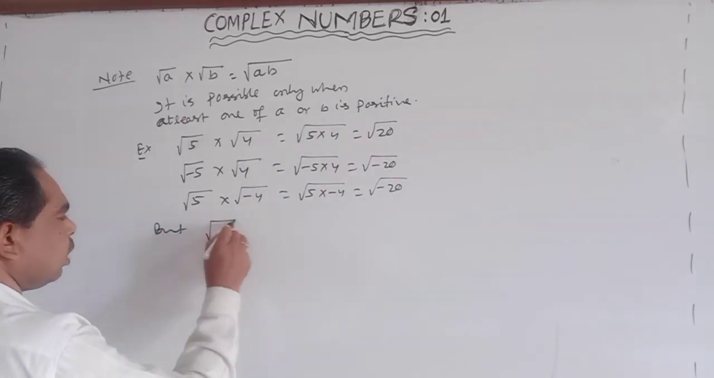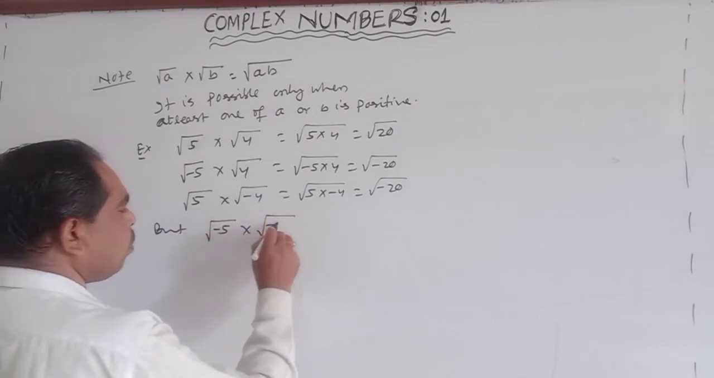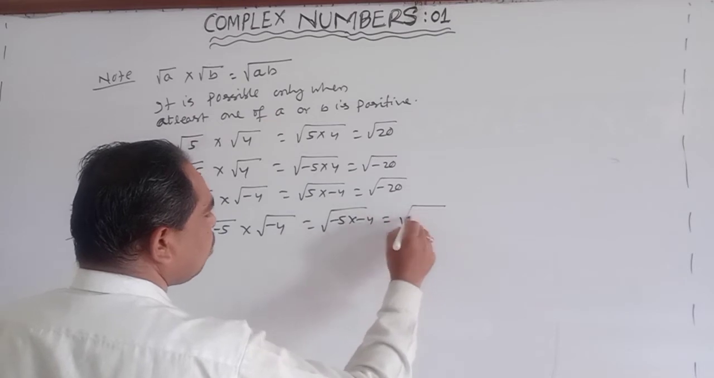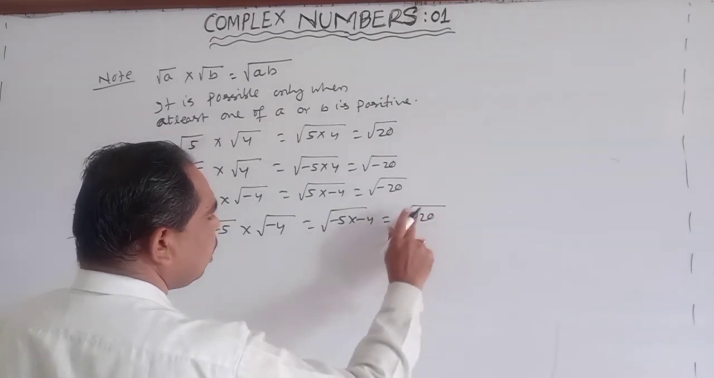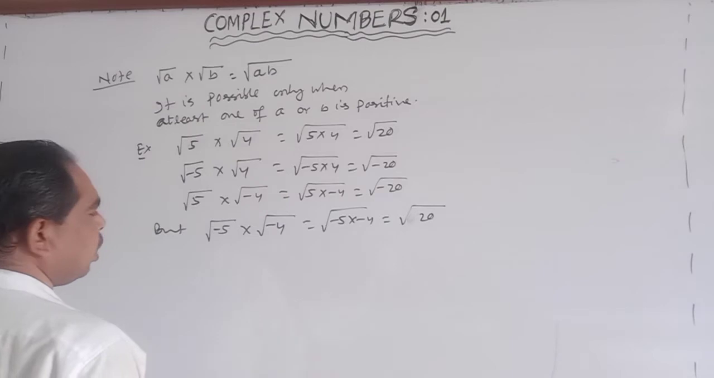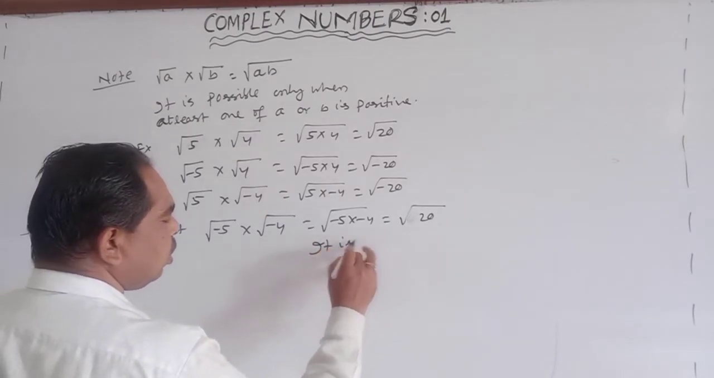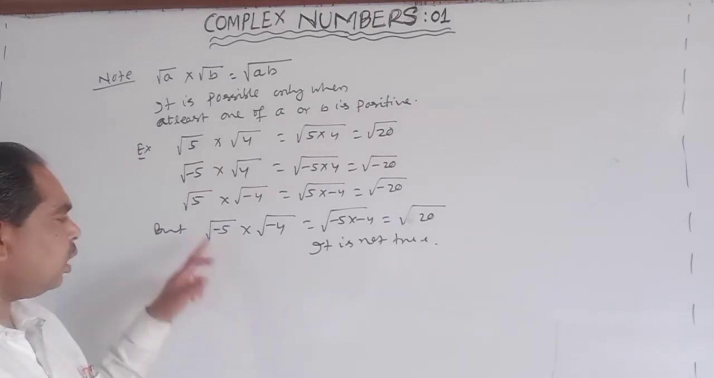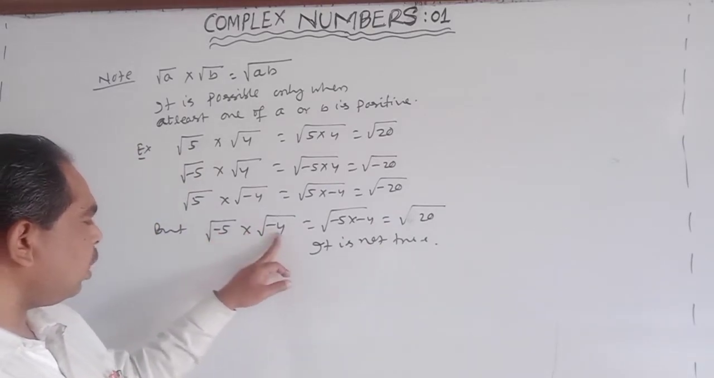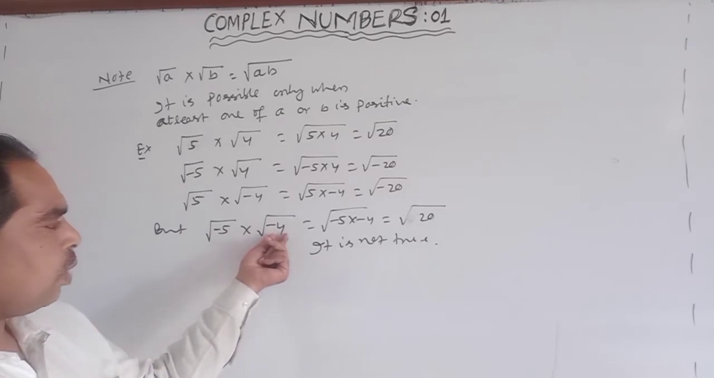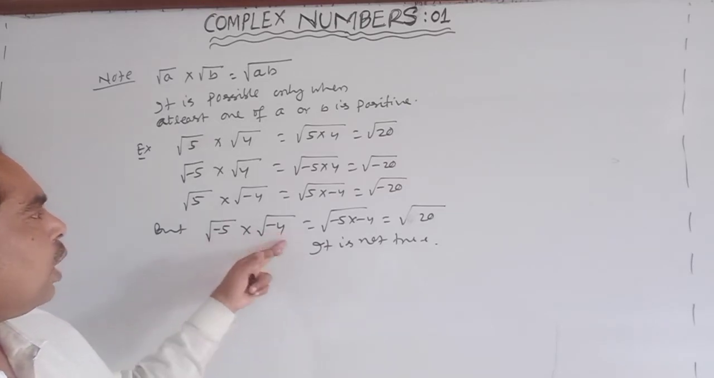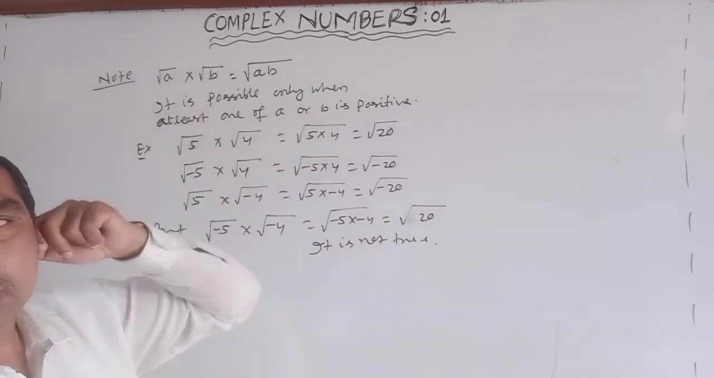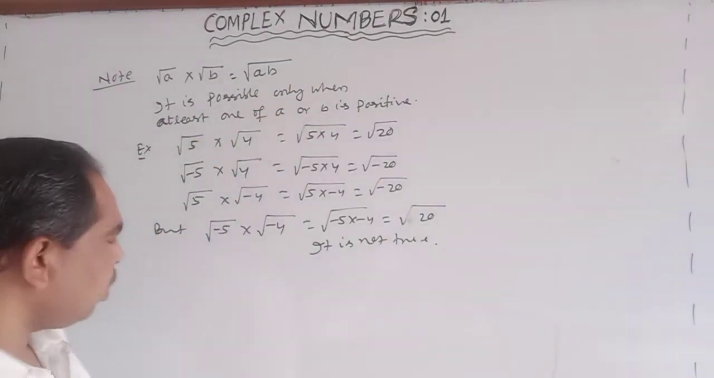But square root of minus 5 into square root of minus 4 is equal to square root of minus 5 into minus 4, is equal to square root of 20 (plus 20). It is not true. Because square root of a into square root of b, where a and b are both negative, is not valid. It is possible only when at least one of a or b is positive. So in this